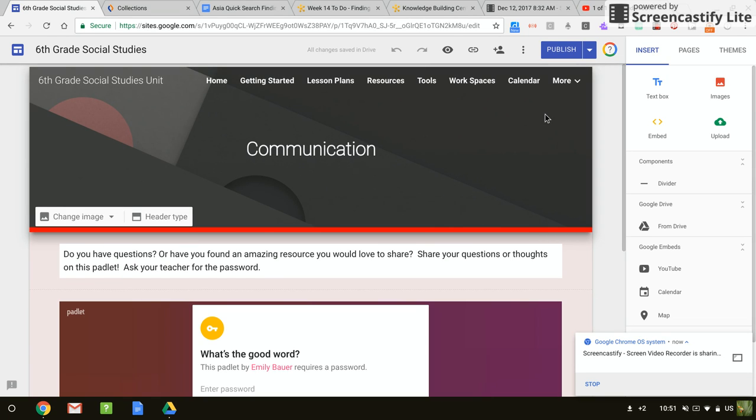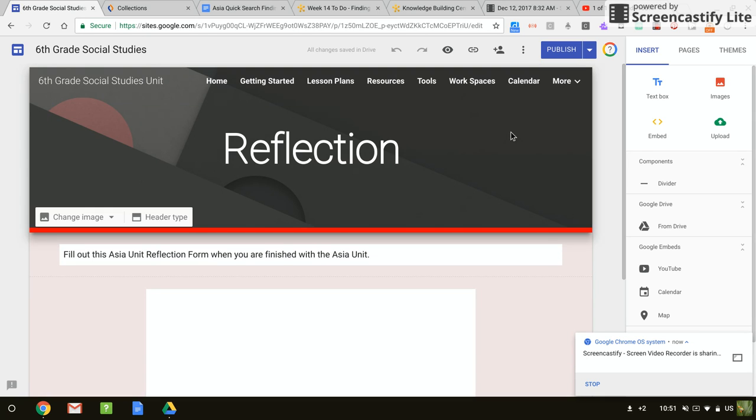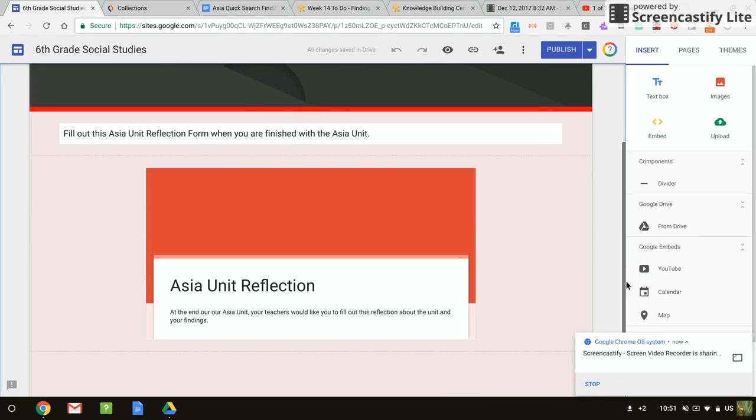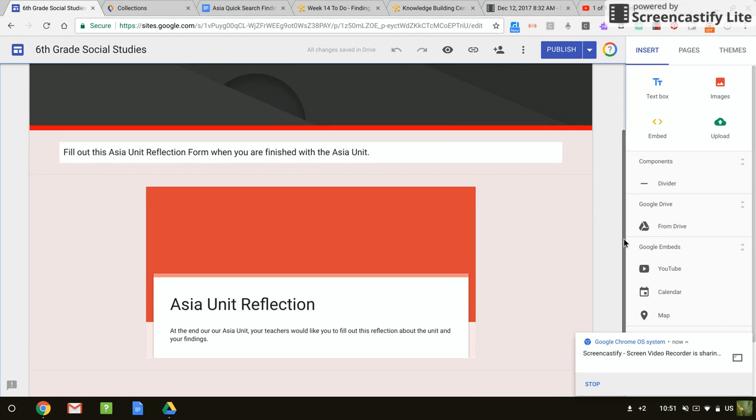I thought it would be neat to use a Padlet. This one is password protected, so the students just put the password in and are able to post any thoughts, get some discussions going, answer each other's questions, and it's just a fun place for support and to get each other thinking. I also included a form that the students can fill out that will be part of the reflection process after the unit is done.